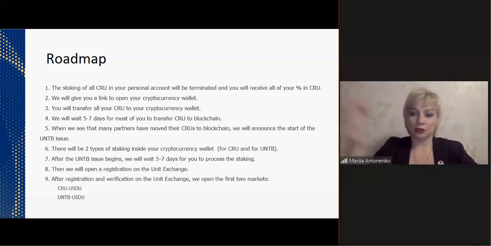What we can do is synchronize the data, but to receive that secret key, that seed phrase, you can do it. Nobody can do it for you. So you just have to keep track of the news, and as soon as you see that that option is available, that green button, generate the key, and then you move to the blockchain wallet and you get access to your CRUs, and you can stake your tokens. And then